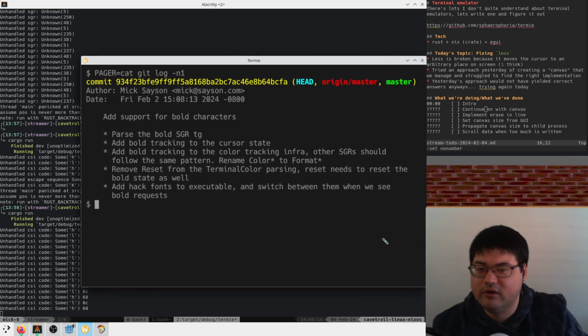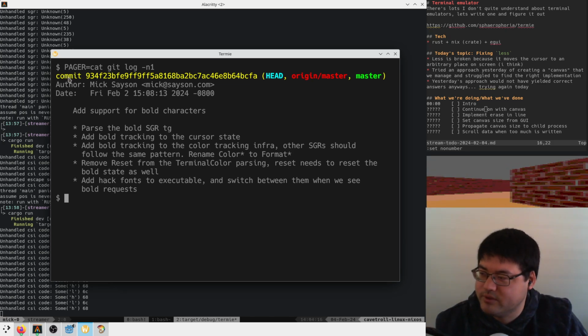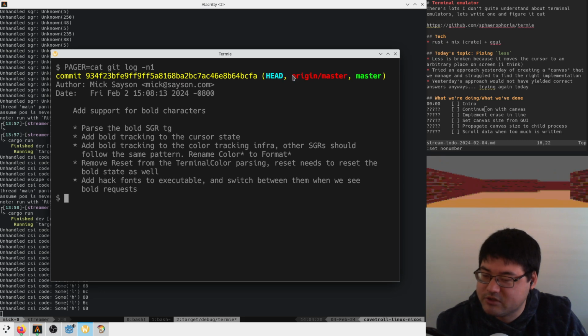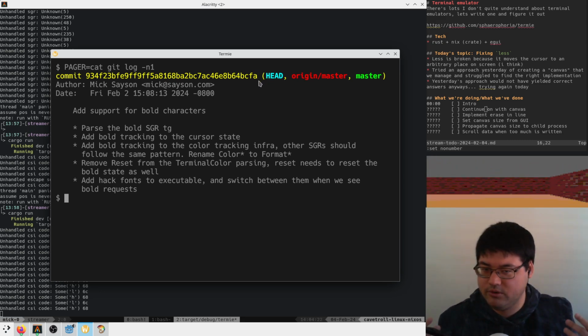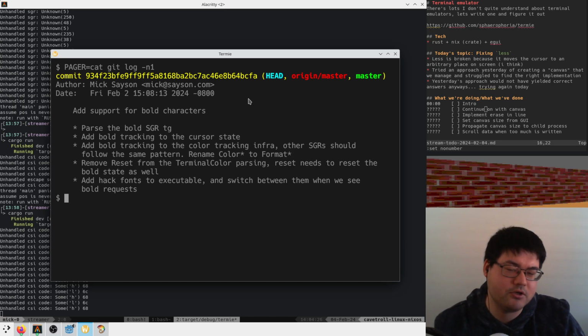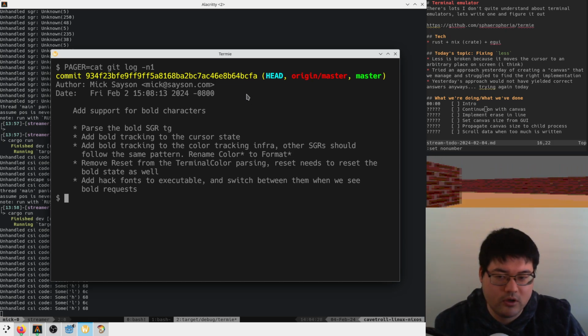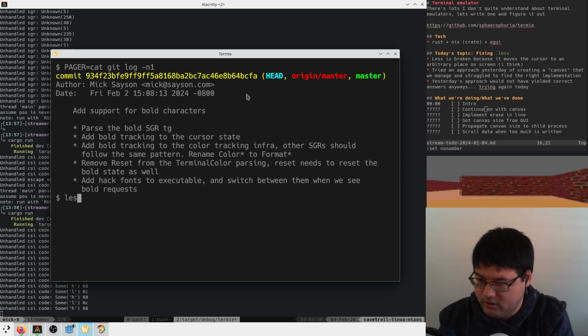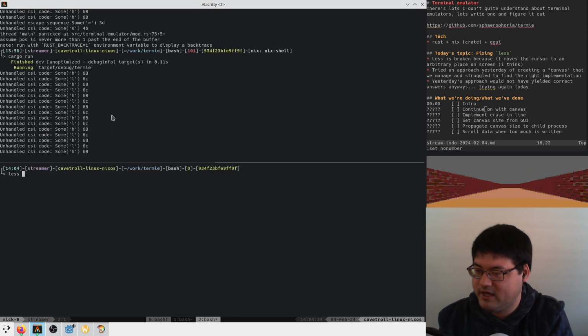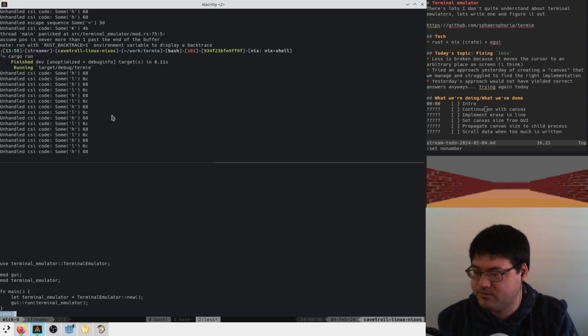We also have color here, so we can see this is yellow, blue, cyan, red, green, and then this head is actually bolded, so we're also changing the font based on whether they ask for that. And that's the current state. What we wanted to work on is, if I type less, the pager command, if I go less source main, I'm supposed to get this